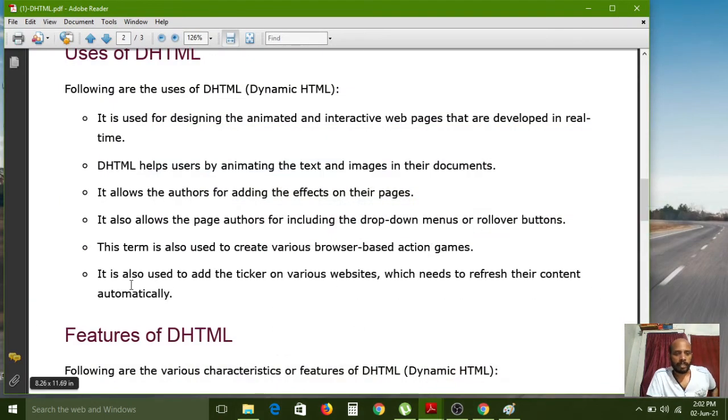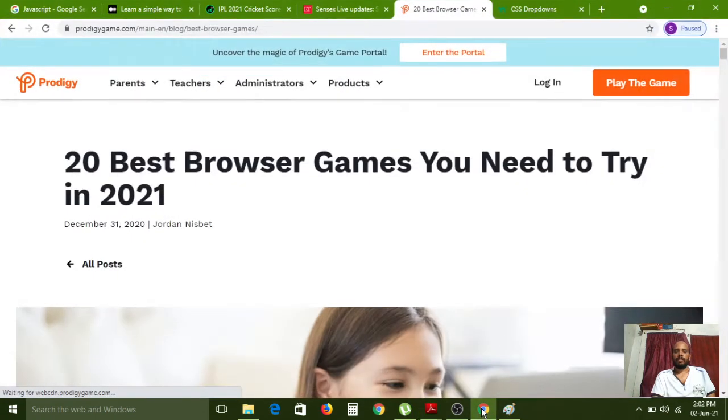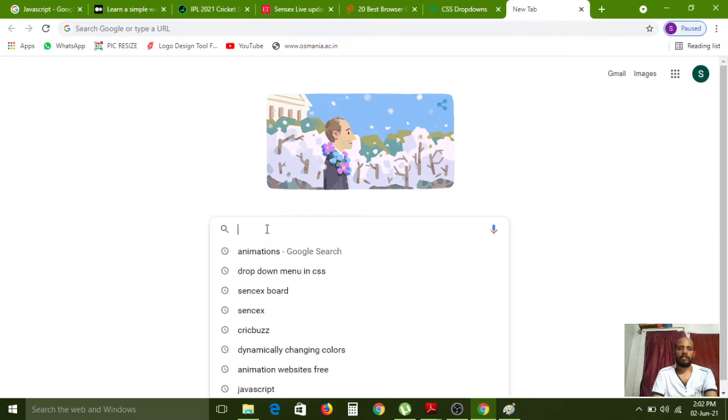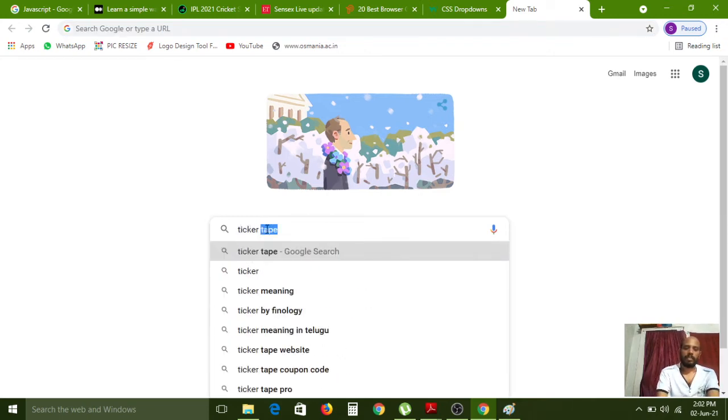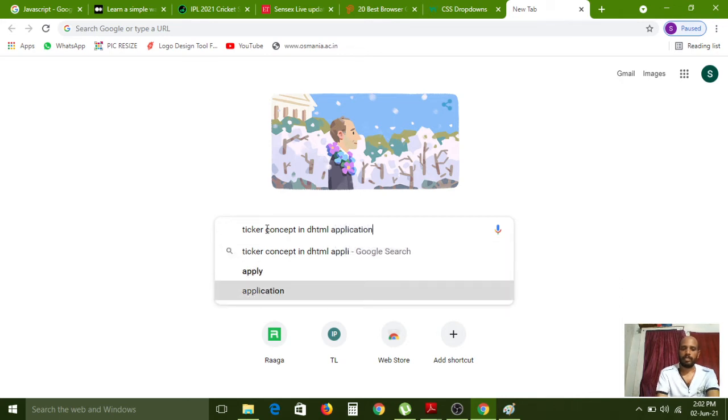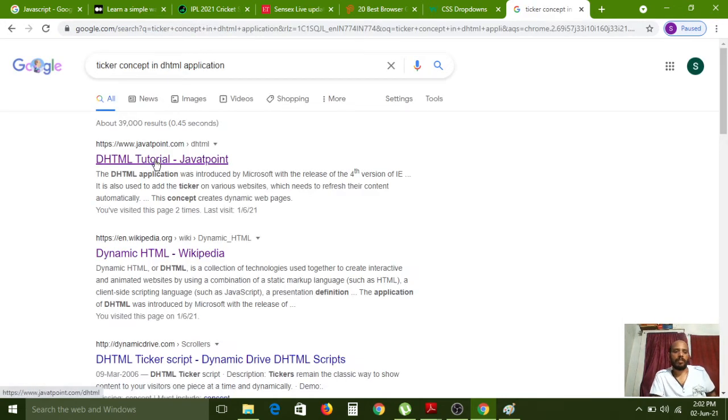Next, it is also used to add a ticker on various websites which need to refresh their content automatically. Ticker concept in dynamic web application, in DHTML application.